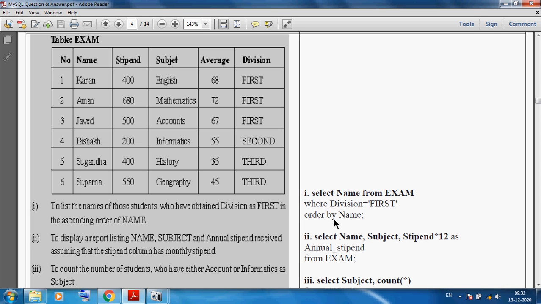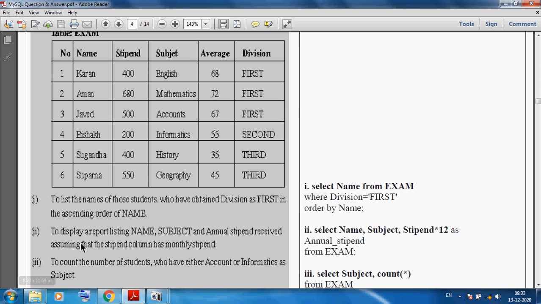So in this example we have multiple things working together. Okay, this is a very interesting thing. We can select and see our data according to our choice, in very simple coding, because SQL is a very simple thing. We only select our desired things. Okay, now the next thing is to display a report